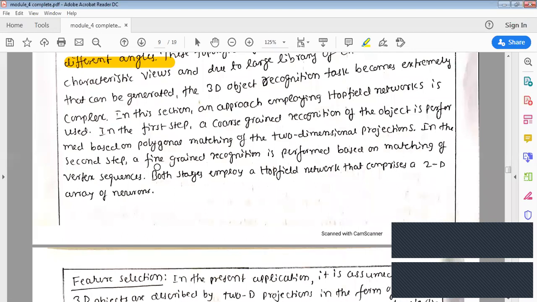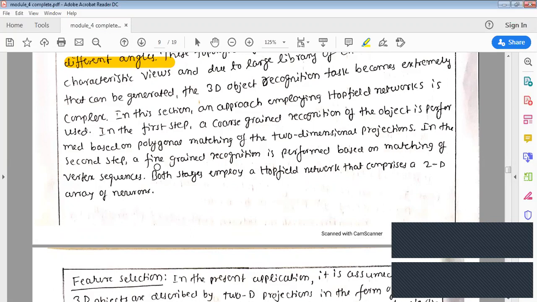Next, suppose I give another picture. The aeroplane was in the front view, now let us say it is in the back view. Now what should the network do? The network first should understand it is an aeroplane. Then only it can do the rest of the things. In the beginning, the network tries to get what this object is, because a network need not be trained for only one object. You may design the network to recognize an aeroplane, a ship, a human being or an animal. So the network should have a rough idea of what it is going to recognize.